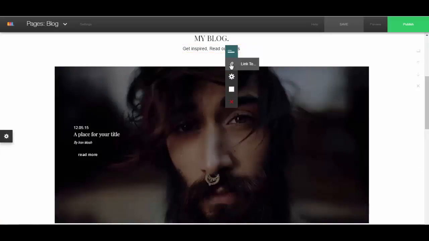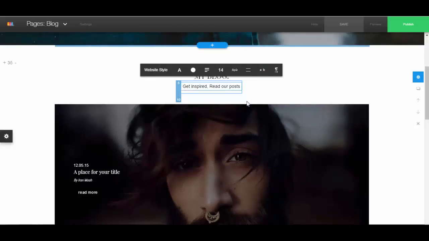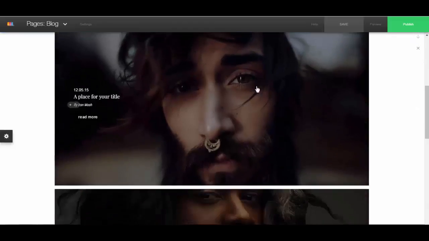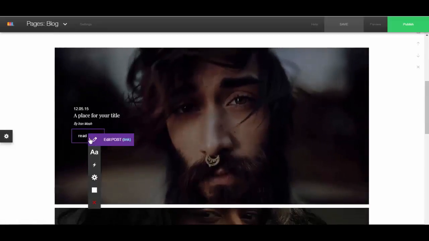All of these are editable by just clicking. Now for these blog posts, each time you click on read more, you'll have the option for edit post. Then you click on edit post and it will create a new page with your new blog post